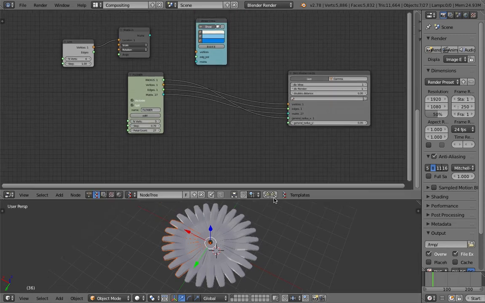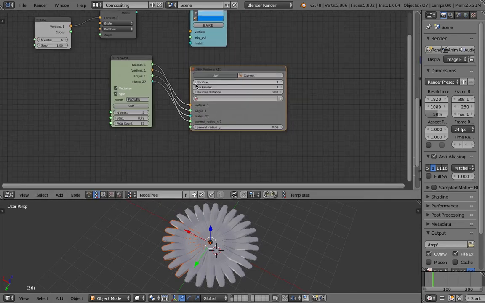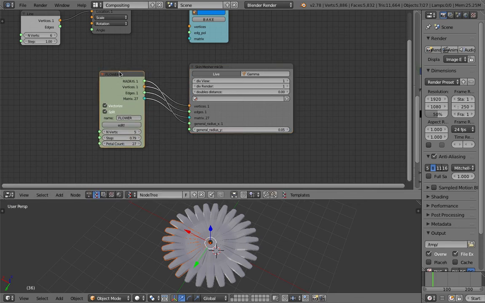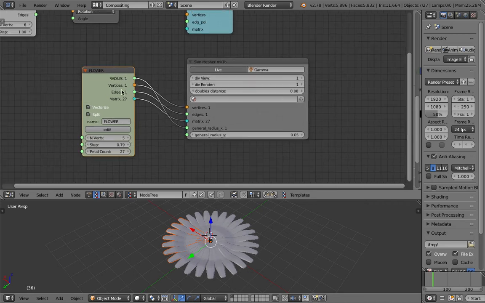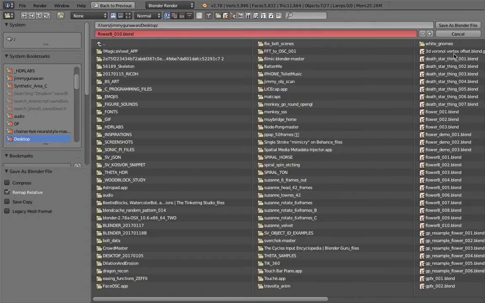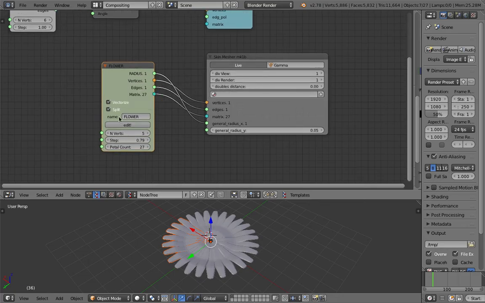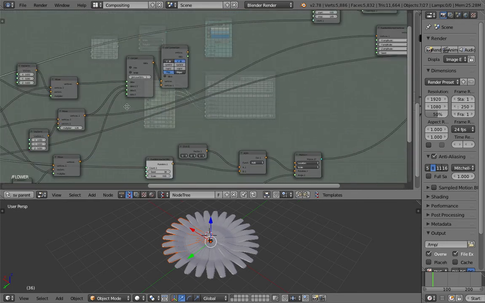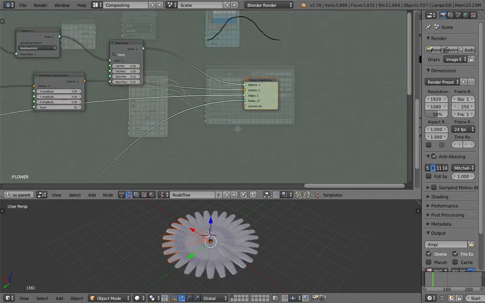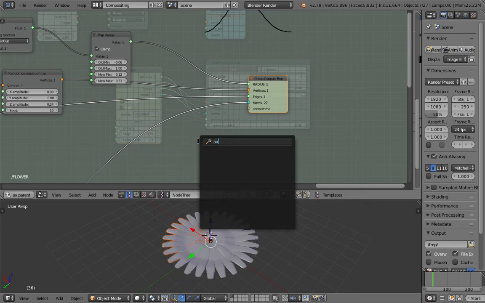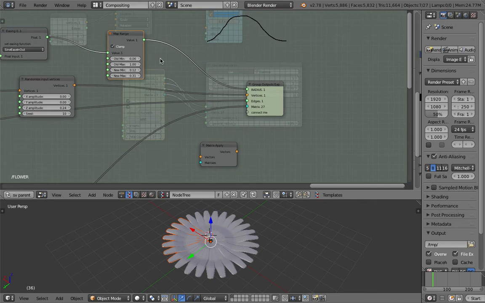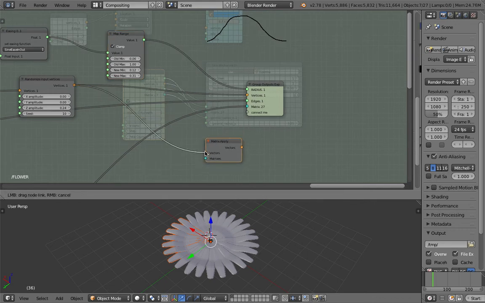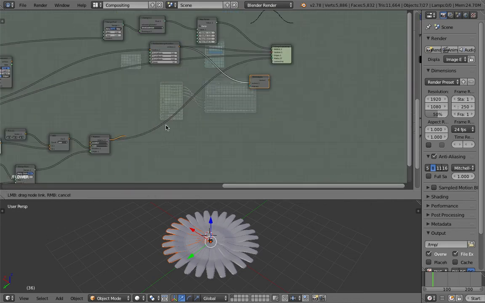Well, I just realized that for the flower, it needs a way to kind of do the matrix. So it's not a good idea to do the matrix here. I'm gonna do a slight modification, even though this is kind of off for the time. So apply. If I do the apply matrix here with the vector and the matrix,